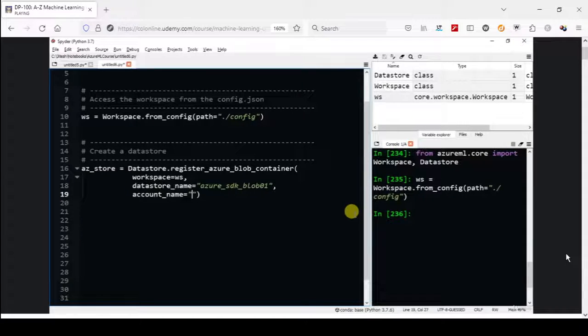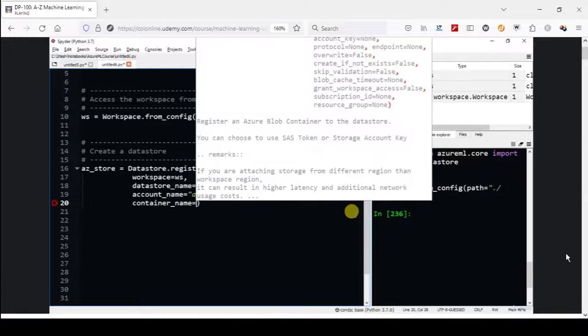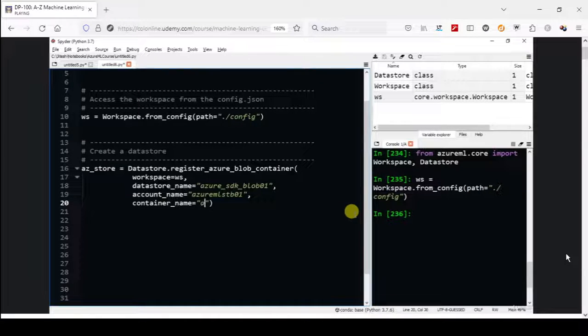So if you remember, we stored the loan data in Azure ML STB 01, comma, and in the next line, provide the container name as container_name equals to, in quotes, Azure ML STB 01 blob. Okay, and now we also need access keys for this storage account. So a comma, and in the next line, account_key equals to, and in quotes, paste the key for